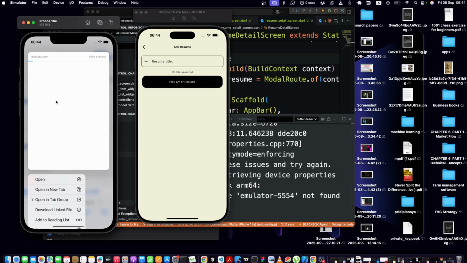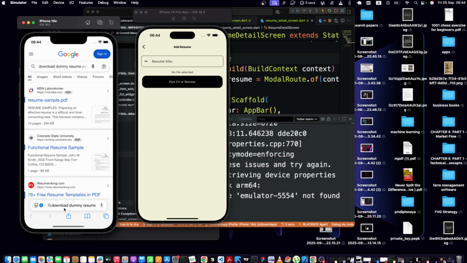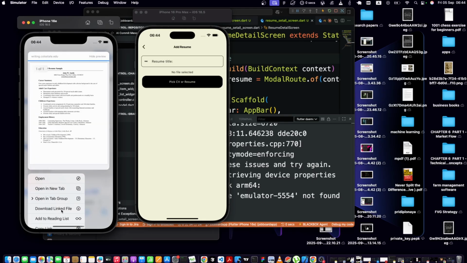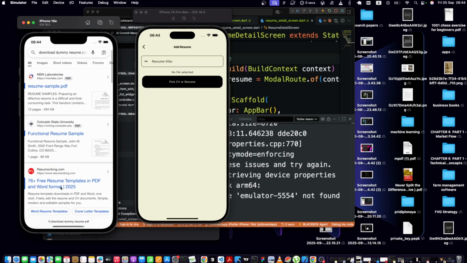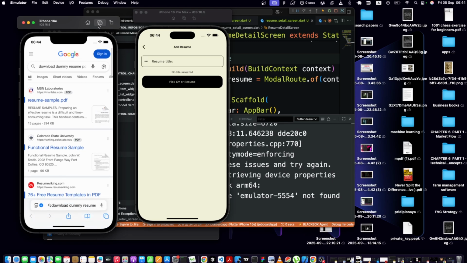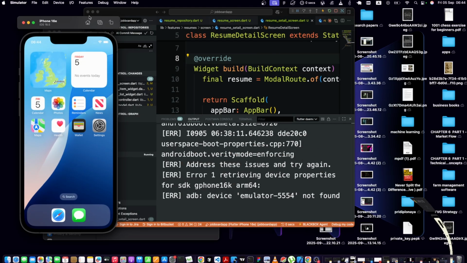Okay, so let's just download a linked file, right? All right, so now that we are done, let's start working on our